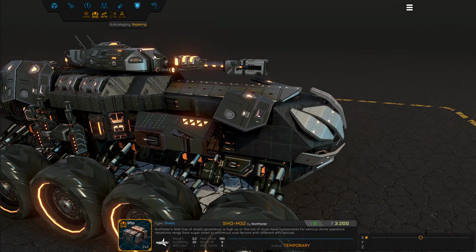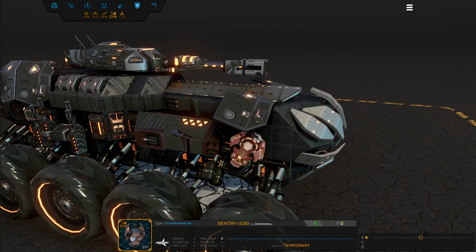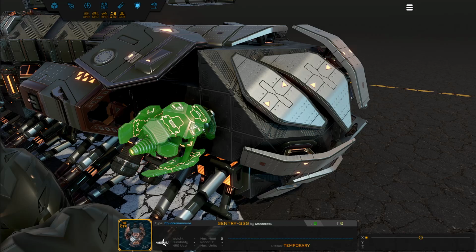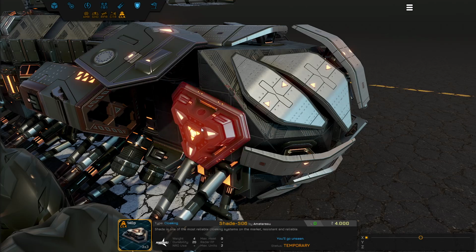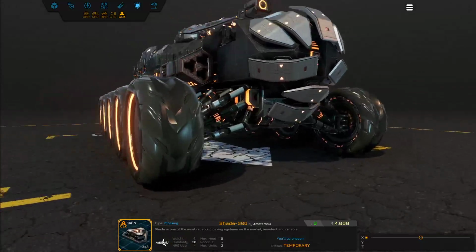Shield generators, repair kit, countermeasures. We have a radar disruptor and whatever this thing is. This might be a trophy. I suspect this to be a trophy system, so anti-projectile, and we apparently have a cloak system as well. It's kind of cool, and yeah, you can really get these